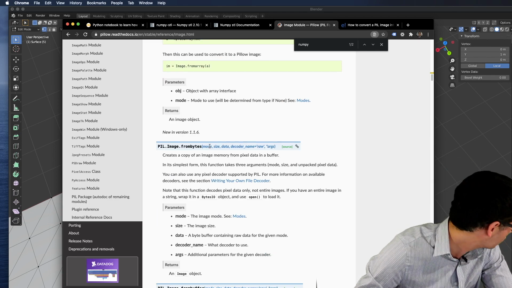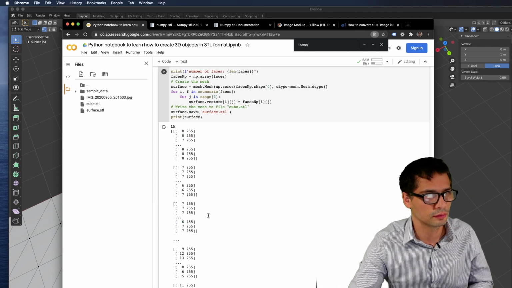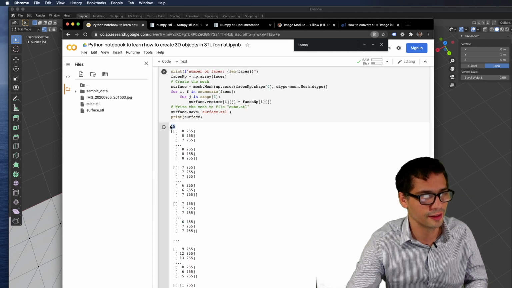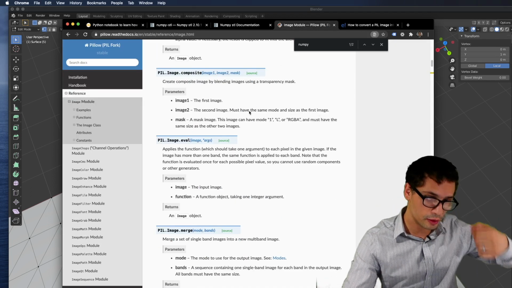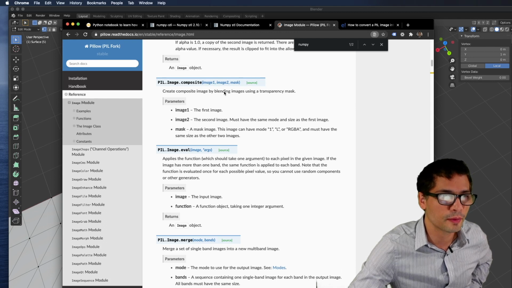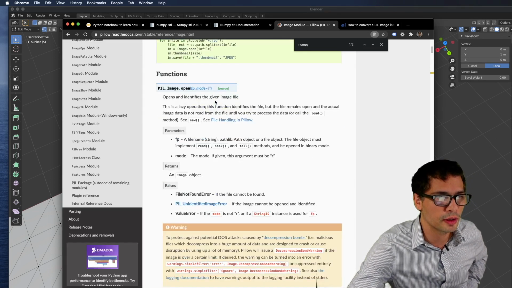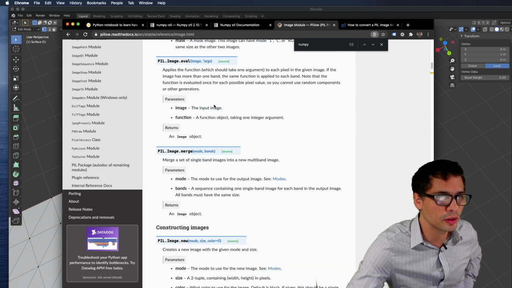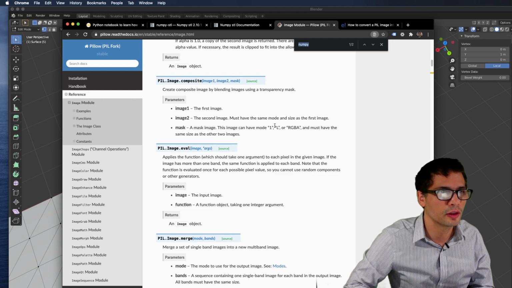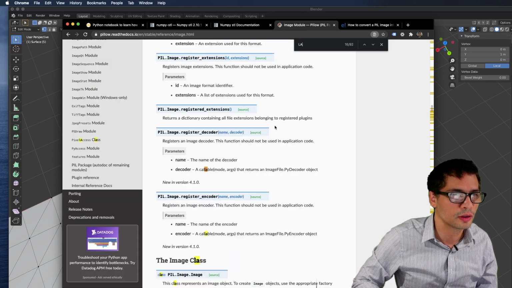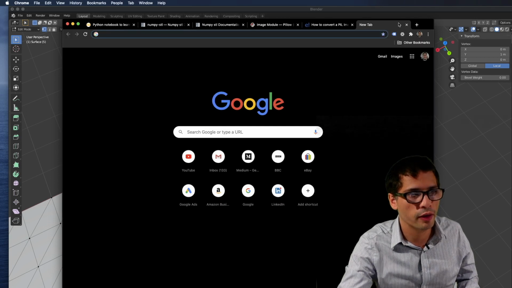So which mode am I in? LA. What is mode LA? Oh, there's an alpha channel, I think. So the reason why I have an extra number is because I have an alpha channel, which I don't need. And my alpha channel is always, there is no, it's not transparent.